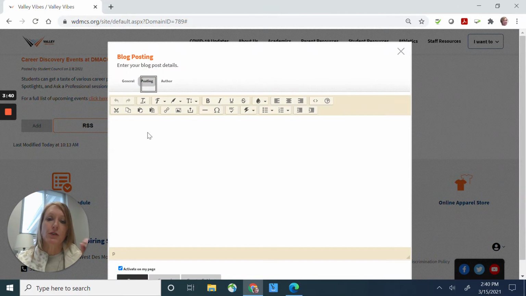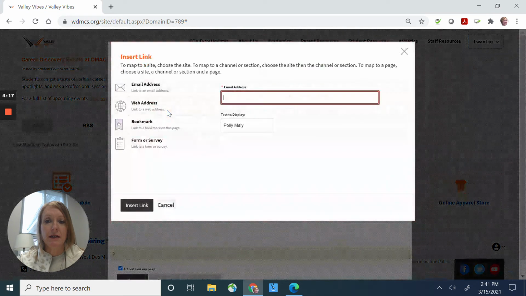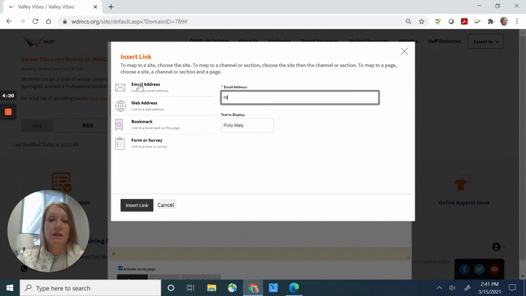So I have a title, and I have the date that I want it to show. Then the posting itself, you'll notice, looks a lot like what you may be familiar with in a Google Doc or in Microsoft Word. So I can type in some information here. So I'll put more information about scholarships. I may want to have a contact name, and I can put in Polly Malley, as I know she works in the counseling office. I could create an email to Polly Malley if I wanted to by highlighting that and clicking insert an email address